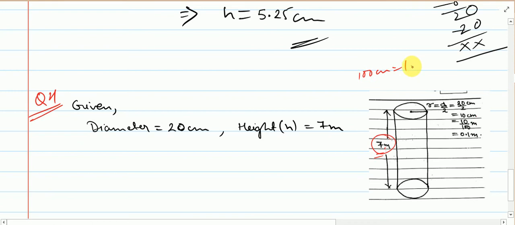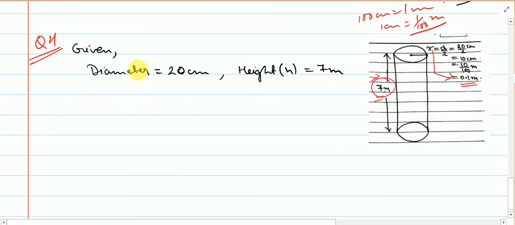So you know that 100 centimeter is equal to 1 meter. That means 1 centimeter will be 1 by 100 meter. So here we have 10 centimeter. That means 10 centimeter can be written 10 into 1 upon 100 meter. That means we are getting 0.1 meter. So now radius also we got in meter, height also in meter. Then we can easily find its volume. And once I know the volume of this whole wooden pole, I can find its weight also, because in the question they have already said that if you have volume 1 meter cube, then its weight will be 225 kg.